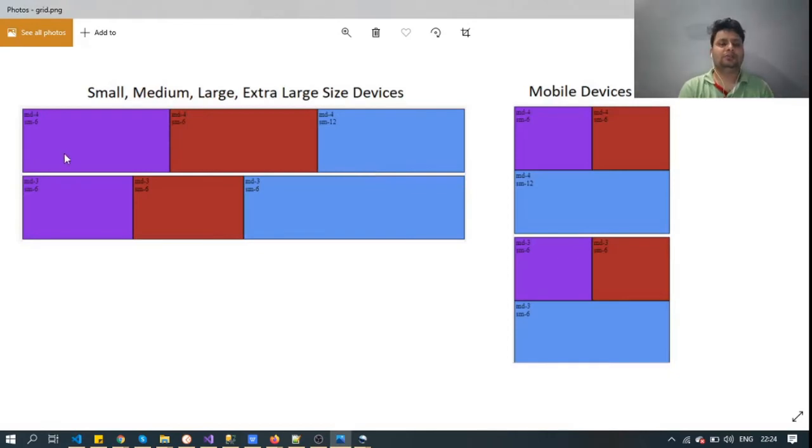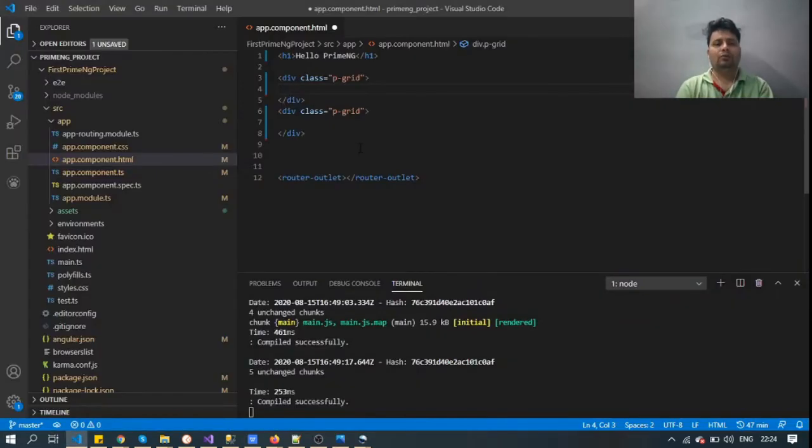Now the first row is divided further into three equal parts. So we will create three divs, and each div will contain the class p-sm-4, as we want to create equal size divs.